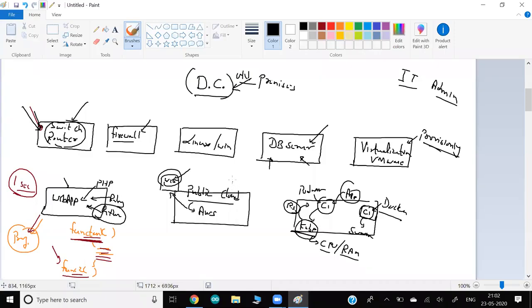Because it is not like this, guys. You are launching the website, so you have to just concentrate on the website, right? Okay, the website is running, but without a router, how will my client come to you? If I do not properly configure it, how do they come to you? If your database server goes down, how does your website connect? Or maybe your web server may be running on virtualization, or maybe Docker. If the Docker cluster goes down, how does it work?